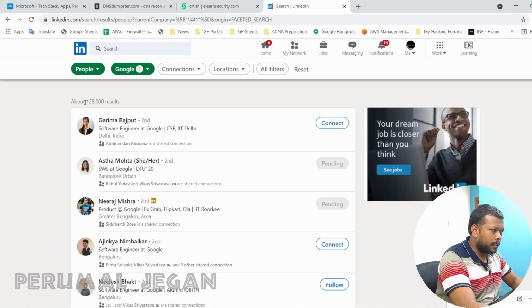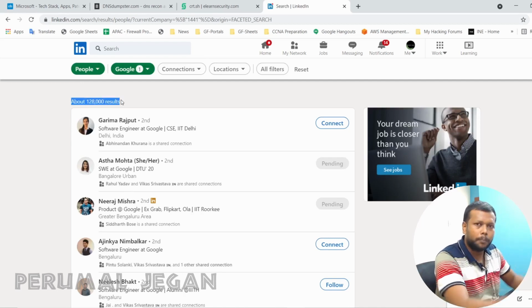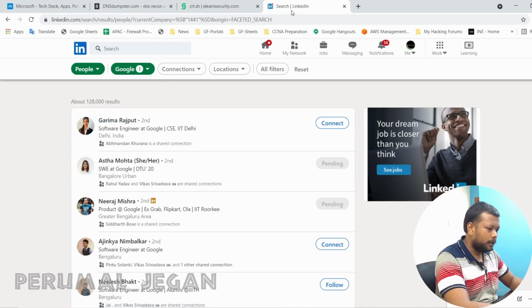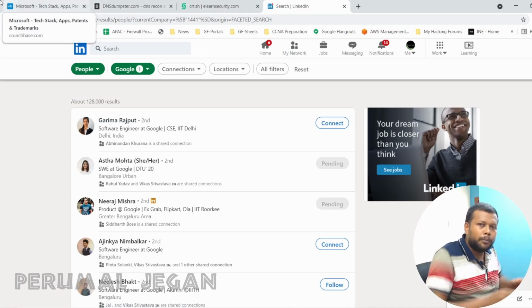There are around 1,28,000 results, which is very huge. Since it is a professional platform, people used to provide their whole name, first name and the surname. So by using the first name and surname, you will be able to form their corporate email IDs. These user informations would be very helpful for you when you are about to unleash the social engineering attack